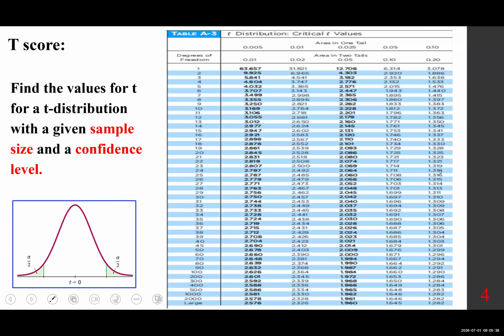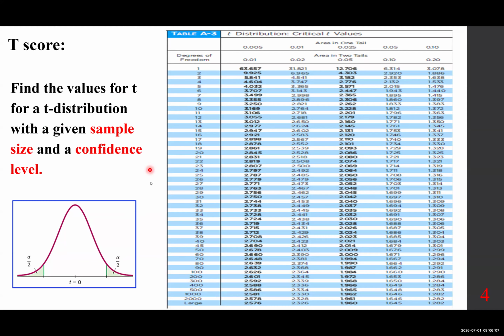So t-score. This is the table, t distribution or critical t values. And we want to find the values for t, for a t distribution with a given sample size and a confidence level. Looks like a normal distribution. As n gets larger, this becomes closer and closer to a normal distribution. And again, if you have two tails,